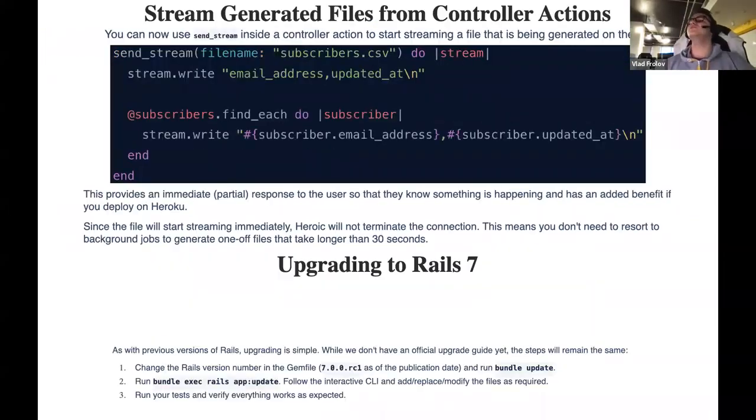Yeah, the new feature is streaming generated files from controller actions. You can now use send_stream inside controller actions to start streaming a file that is being generated on the fly. As you can see from this syntax, we have send_stream with a file name. We specify some file, and then in our subscribers, we can just find each subscriber and write it to a stream. And this provides an immediate partial response to the user, so they know something is happening, and has an added benefit